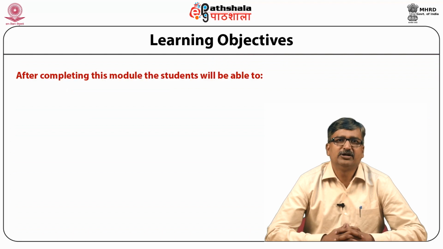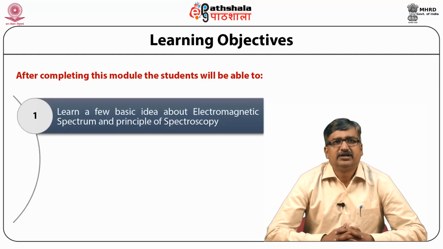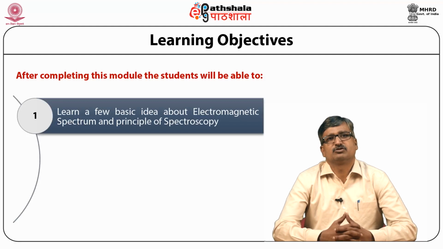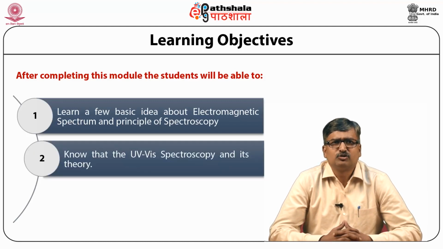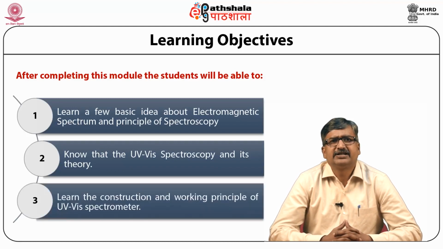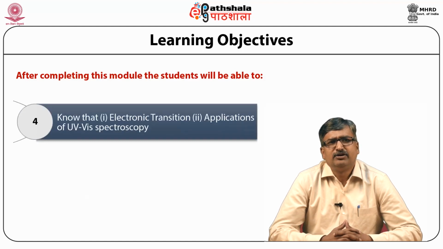After completing this module, the student will be able to learn a few basic ideas about the electromagnetic spectrum and the principle of spectroscopy. You will also know UV-Vis spectroscopy and its theory. You will learn the construction and working principle of the UV visible spectrophotometer and know the electronic transition and application of